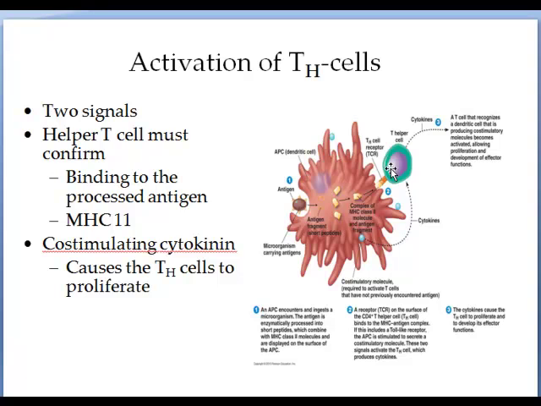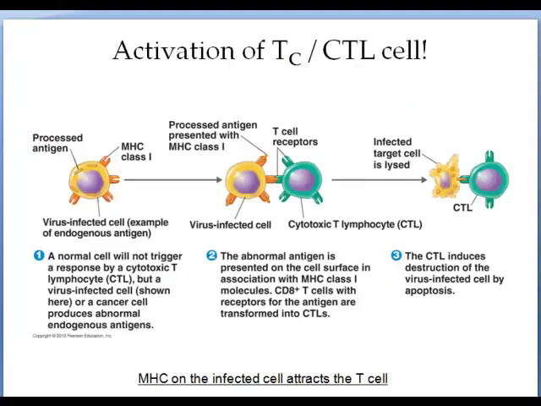Sometimes the T cells are also stimulated by cytokines, which will also help them to proliferate and destroy the cell. So here is an MHC infected by the virus. Notice that here is a virus-infected cell, and it's got processed antigen. Notice that the processed antigen is presented with the MHC1. And the MHC molecule is then going to be recognized by the cytotoxic CD8 cell, and it will cause destruction of that infected cell. So going back, there are two kinds of